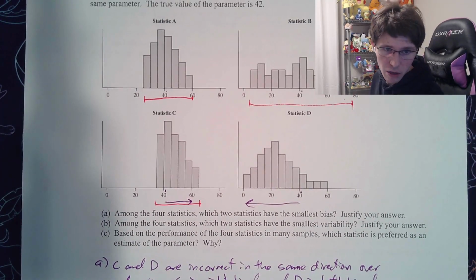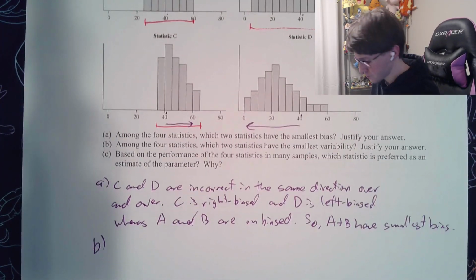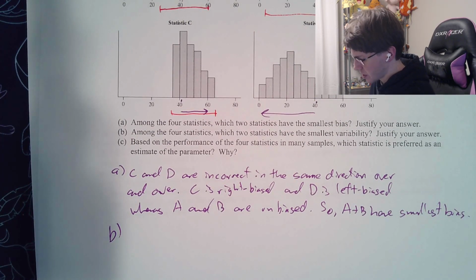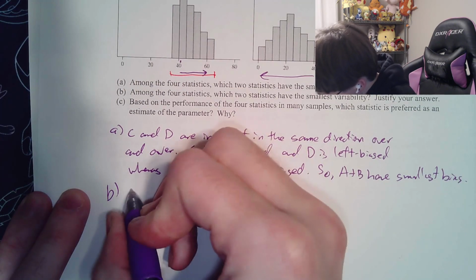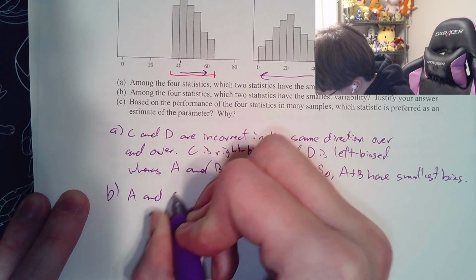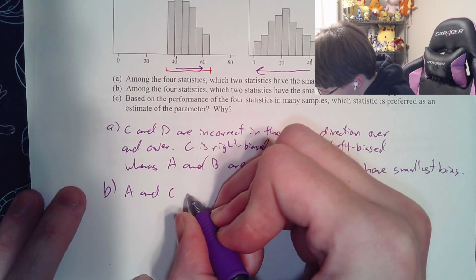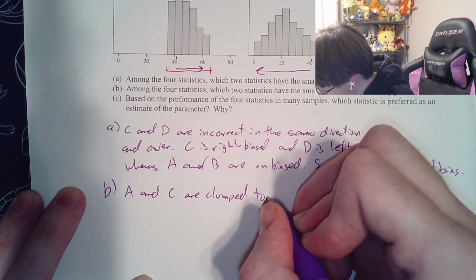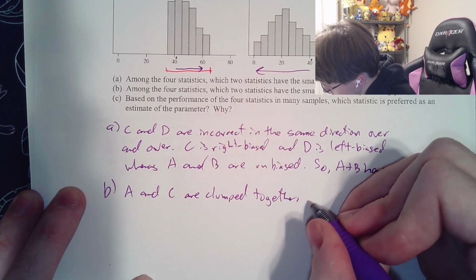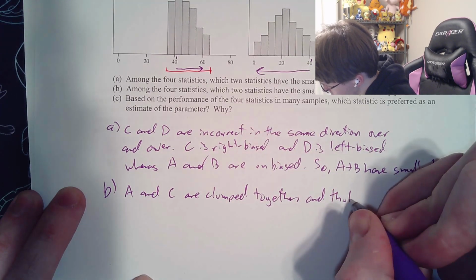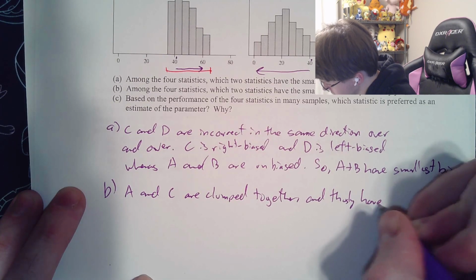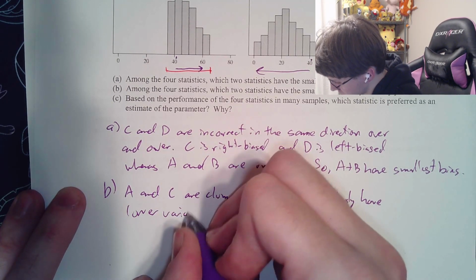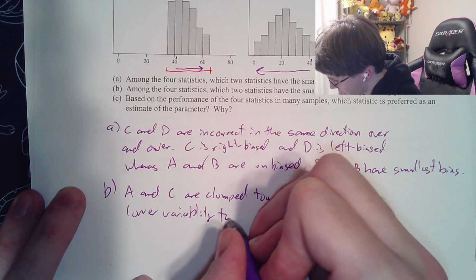In my opinion, it's quite clear for the reasons I just said that A and C have the smallest variability. So I guess we could write that down. We would say that A and C are clumped together, and thus we have lower variability than